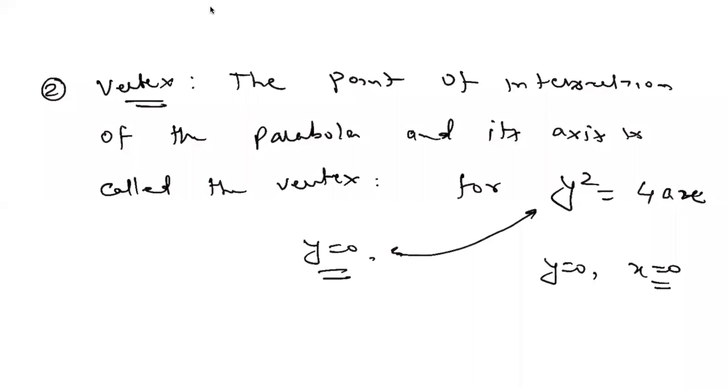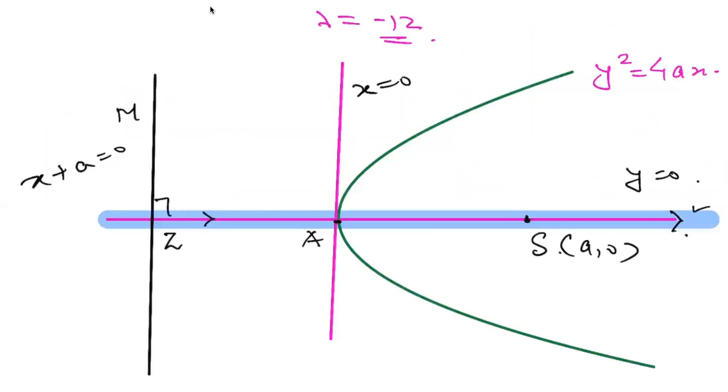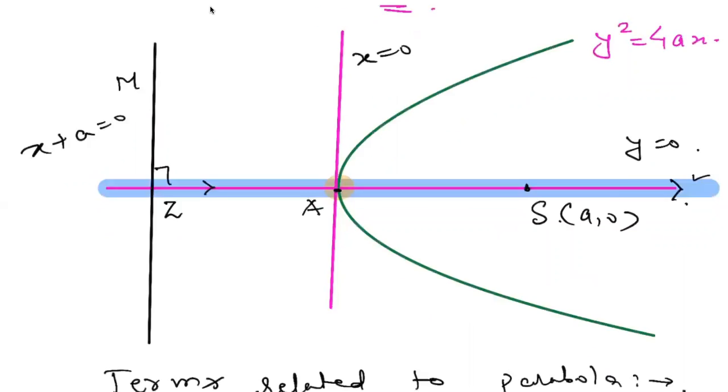Vertex is usually denoted by A. For this it will be 0, 0. Here we can see this point, the vertex, that's 0, comma 0. Right. Third,